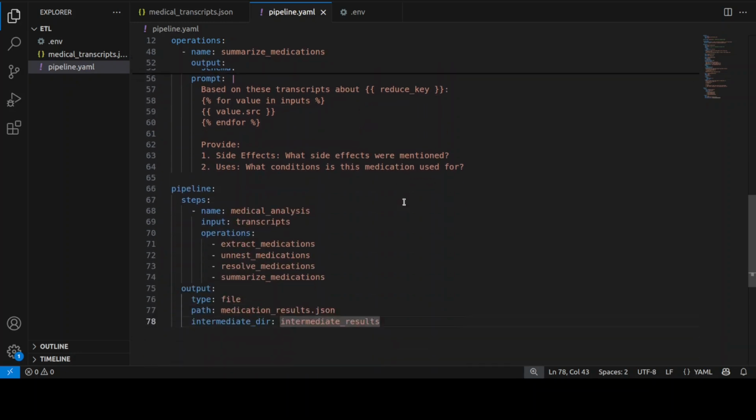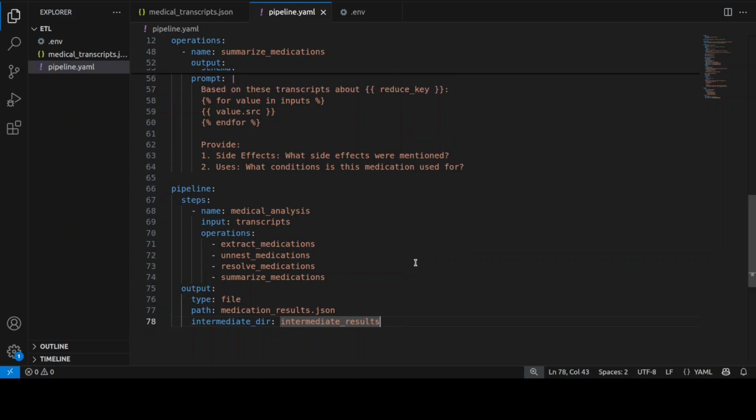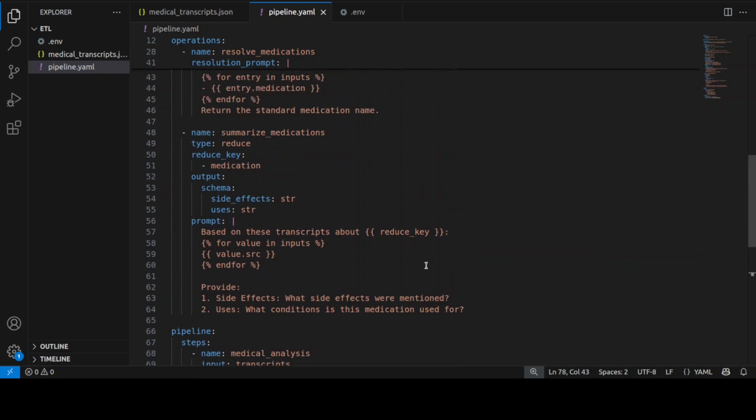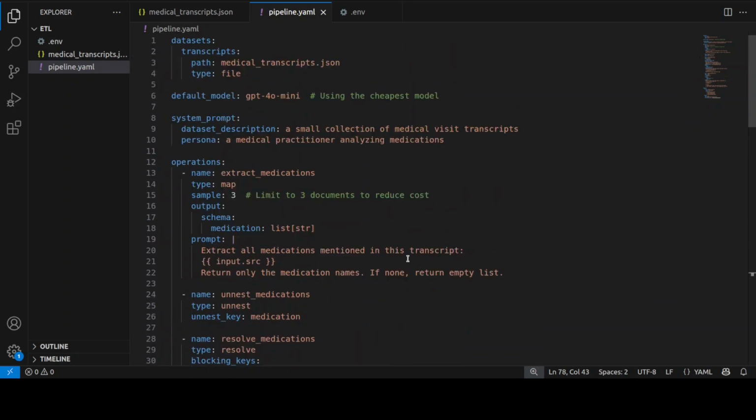The configuration specifies the cheapest OpenAI model. I'm just using GPT-4o Mini, and it includes prompts for each operation that guide the LLM analysis. And of course, this would vary as per your own use case, and you can add or subtract as you like. Now, my suggestion is that if you are using it for your own use case, just copy paste this,